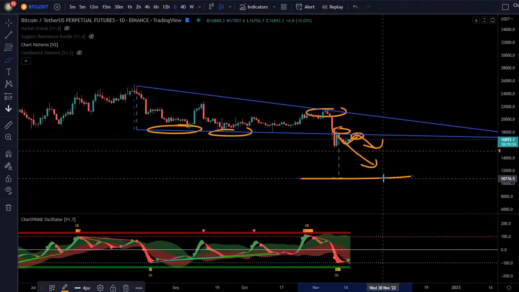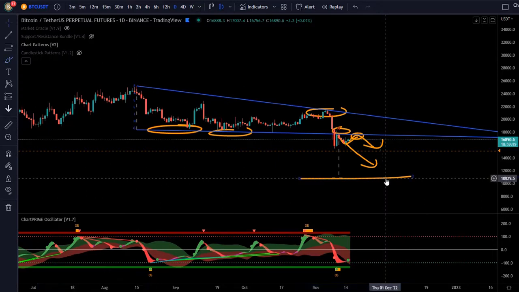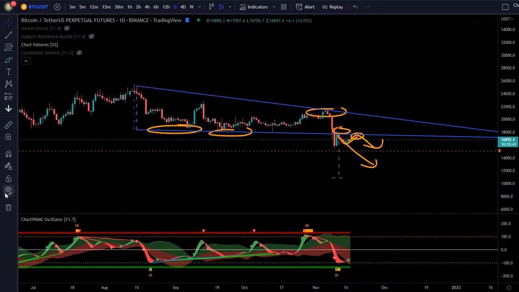So I do not expect, personally, I do not expect seeing Bitcoin at 10,000. Nevertheless, that's only me. This is only a speculation, right? So remember that also all over the internet and all over the